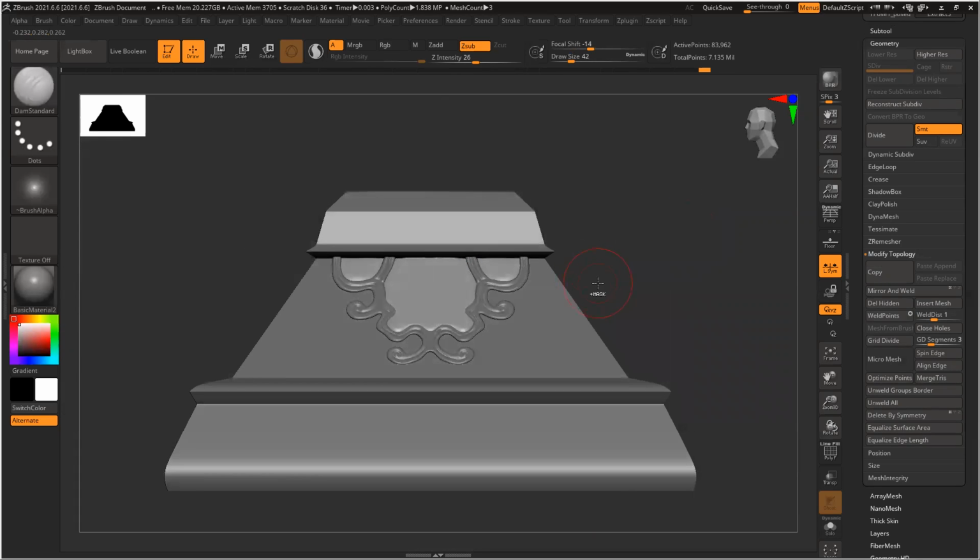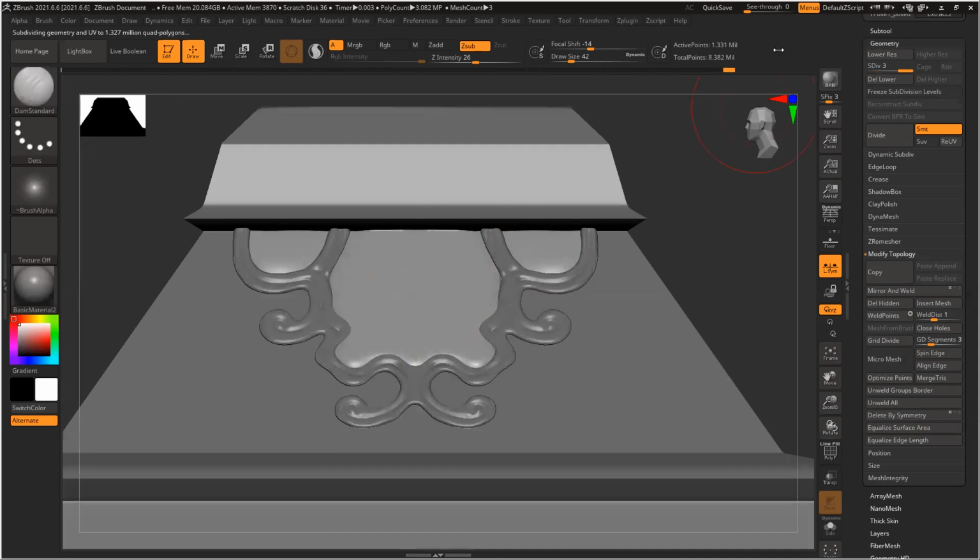So this also doesn't have enough polygons. Control D, D. 1 million. If you keep them separate, each and every individual subtool can have millions of polygons without making your file heavy, because at any given point of time only one subtool is active, right? So it will read only 1 million polygons. ZBrush can handle hundreds of millions of polygons. So it will make your life way easier.